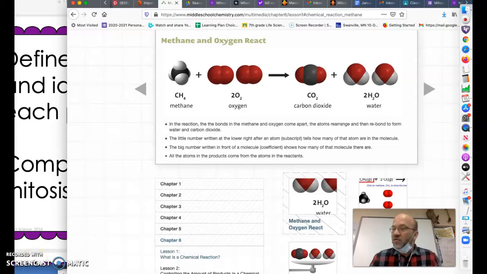Hello, we are doing some chemical reactions. We are going to do an overview of it like we had done in distance learning. We are going to go back and do a few hands-on things that we couldn't do in distance learning. And we are going to take this sheet